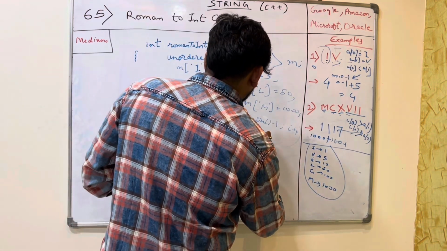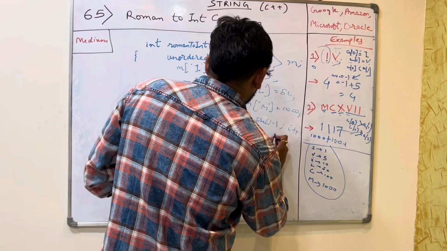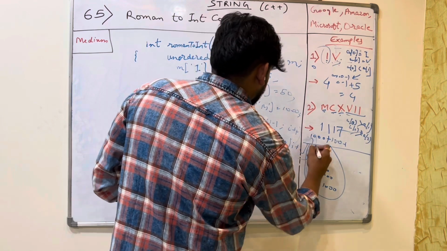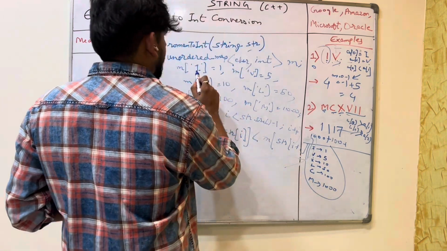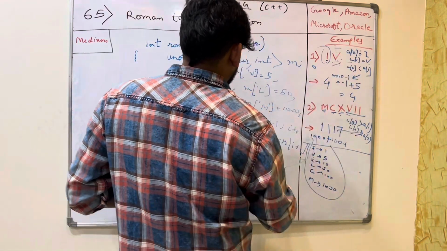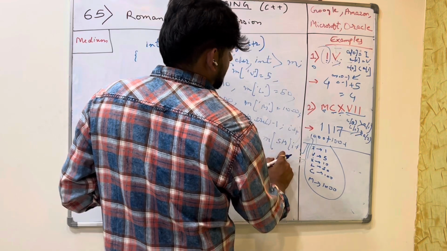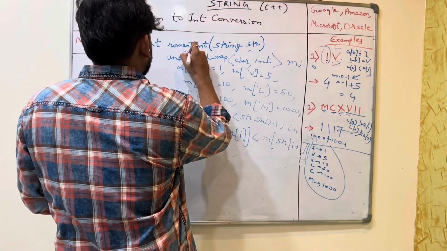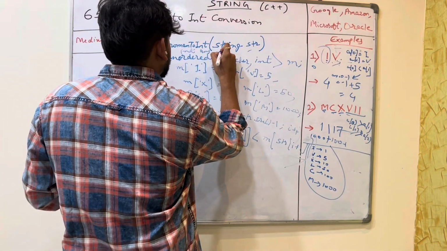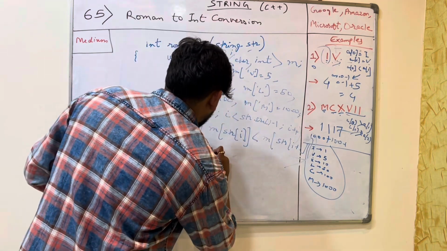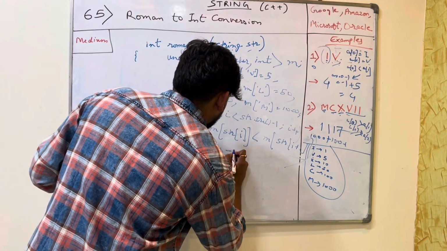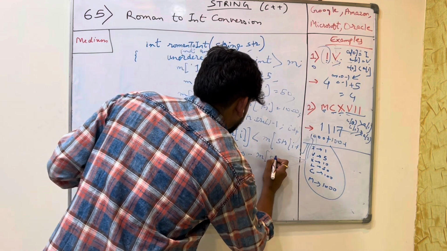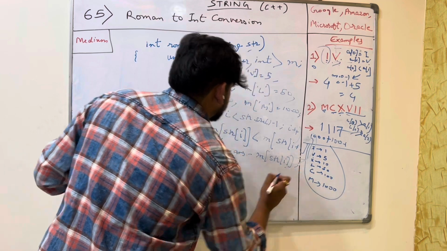If m of str[i] is less than m of str[i+1], the next value, so it's ascending order, then what we will do, we'll have our value int answer as 0. So answer equals answer minus m of str[i], so we'll subtract the value,